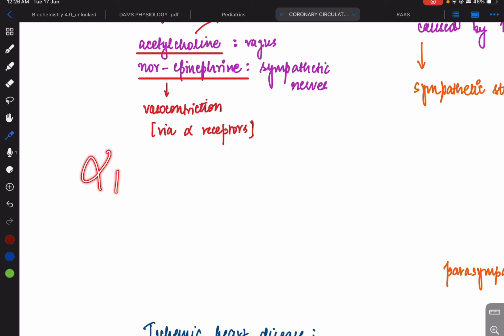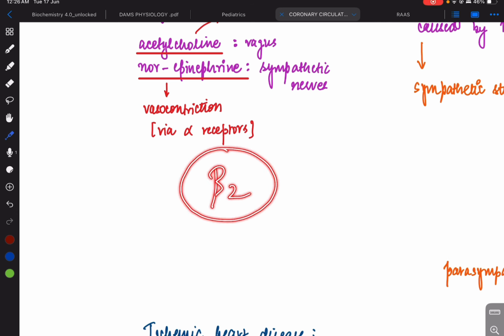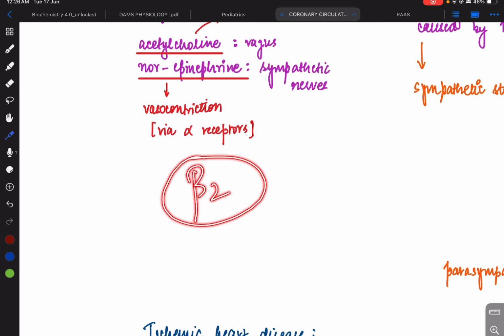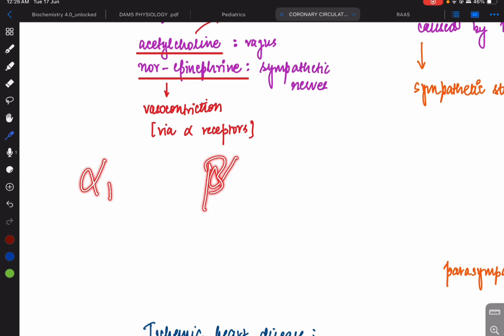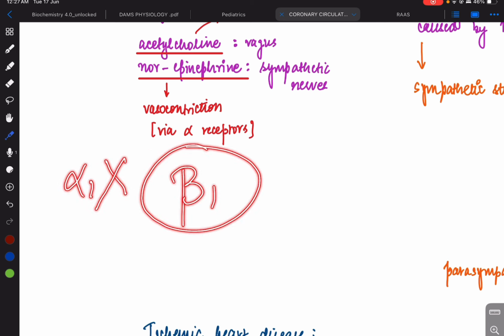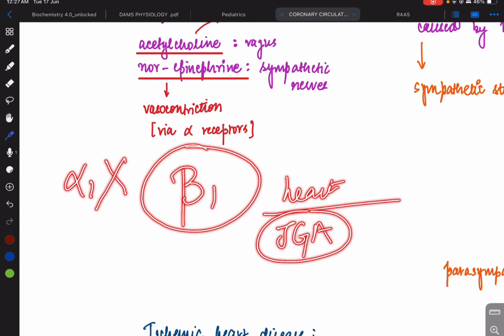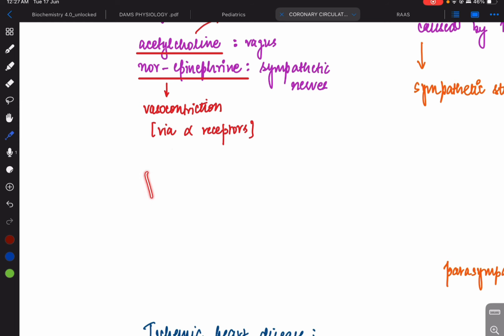So alpha 1 receptors are mainly for stimulation of an organ, and the beta 2 receptors are mainly for the inhibition of that organ, right? So beta 2 receptor stimulation will actually cause vasodilation. Are you guys getting it? So we have discussed alpha 1 and beta 2, right? On some organs, on the other hand, the alpha 1 receptors are absent, and beta 1 receptors are present. For example, the heart muscle and the JGA, or the juxtaglomerular apparatus. Here the stimulation occurs through the beta 1 receptors. I think this is all you guys need to know for now, and it will be covered in more detail